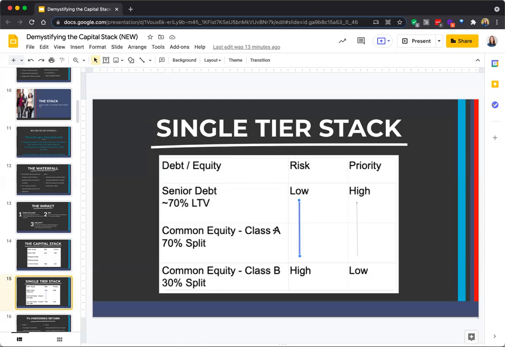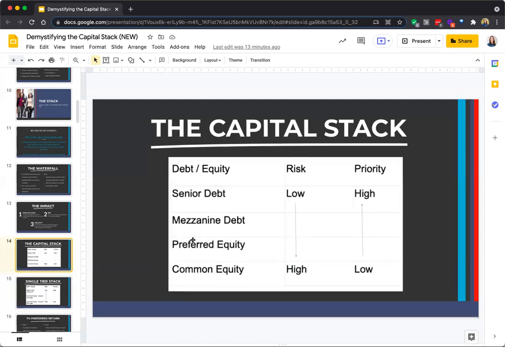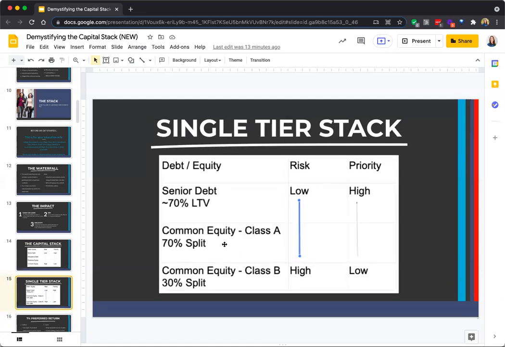And then a common equity class would be a class A position. Now notice, I'm going to flip back here. What happened to the preferred equity class? Well, in this common equity class, they might get a preferred return as well. So they might be a blend of a preferred equity and common equity. And then you'll have your general partnership, class B, common equity position. And when the gains on the property are split and excess cash flow is split, it's 70% to the common equity class A and 30% to the common equity class B.